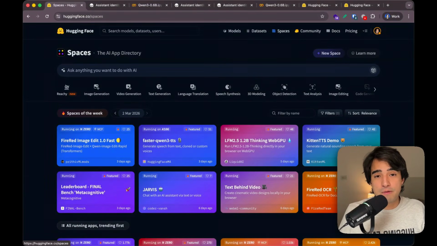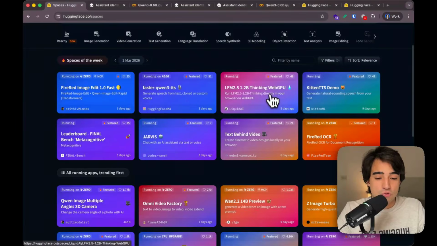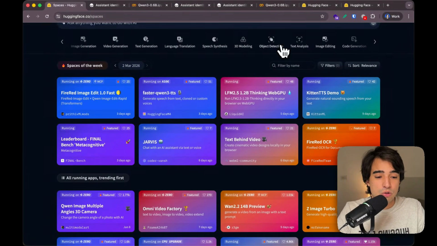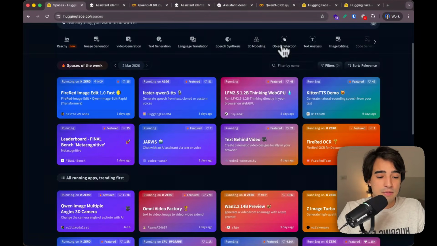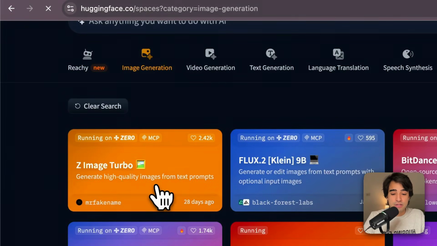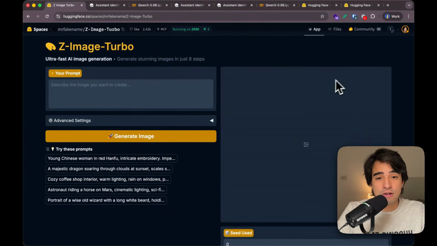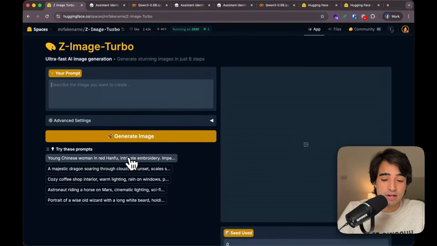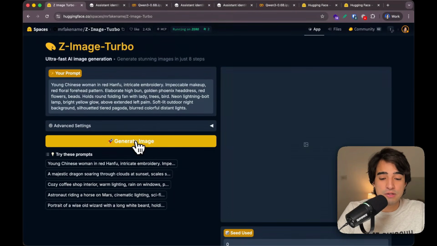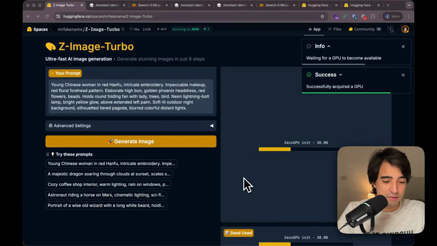Let me show you some of the most common and useful spaces that are here. In order to open spaces, all you have to do is click right here on spaces, and you're going to be able to explore all the spaces available. Now I'm going to show you a few. I can show you, for example, an image generation space, and we can just click on it. As you can see, this is basically just a regular web app. This one has some examples of prompts that we can use. We can click on generate image, and here we can take a look at the image that is being